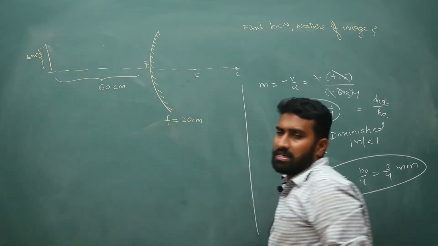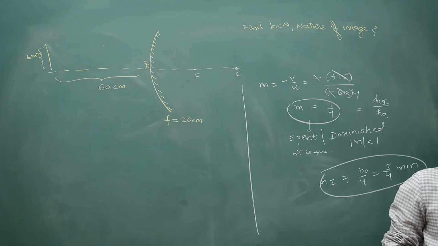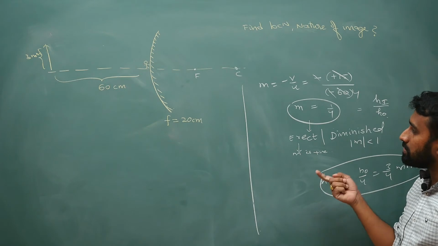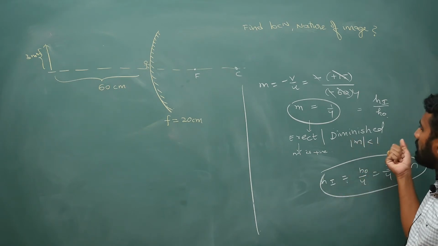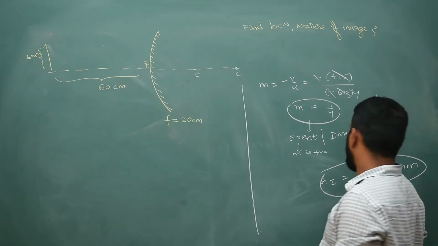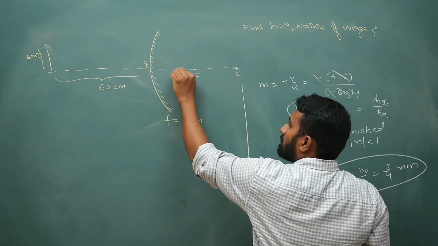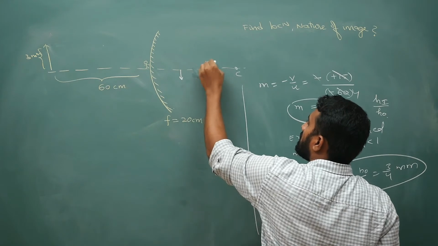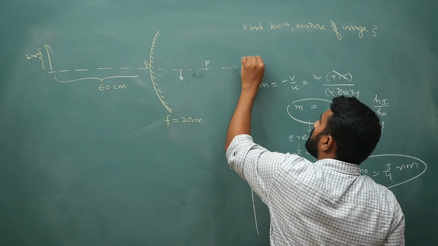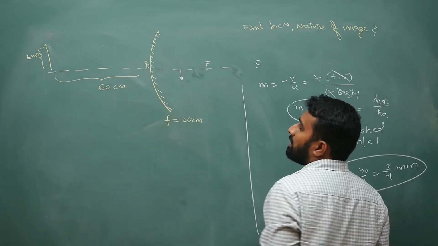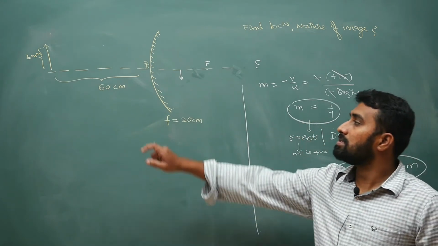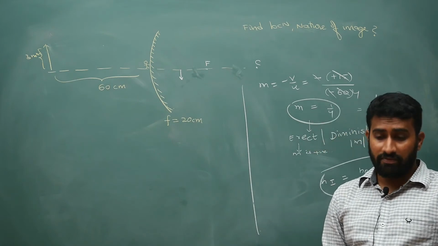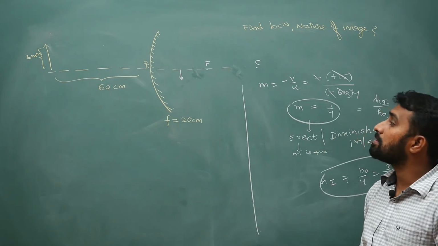So stick to the basics always. For the ray diagram, laws of reflection must hold. Your focus is at 20 and you got your image at 15, and that too a diminished image. So that means your diagram is here, slightly, let's keep the focus here, center here, whatever it is. So this is your object, this is your image. Now laws of reflection must hold at any cost.